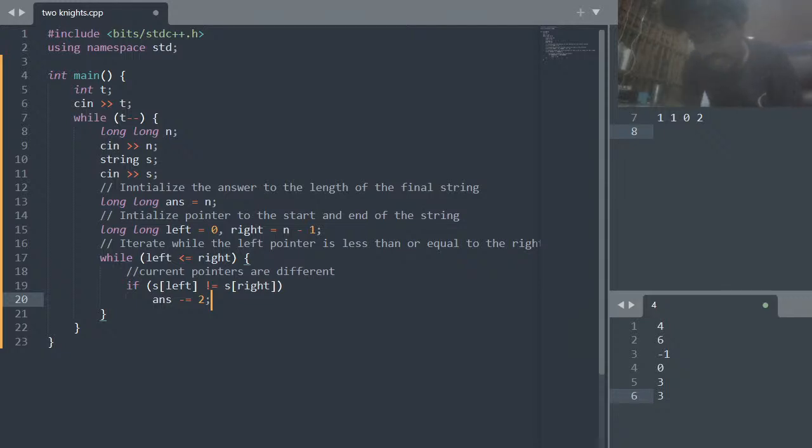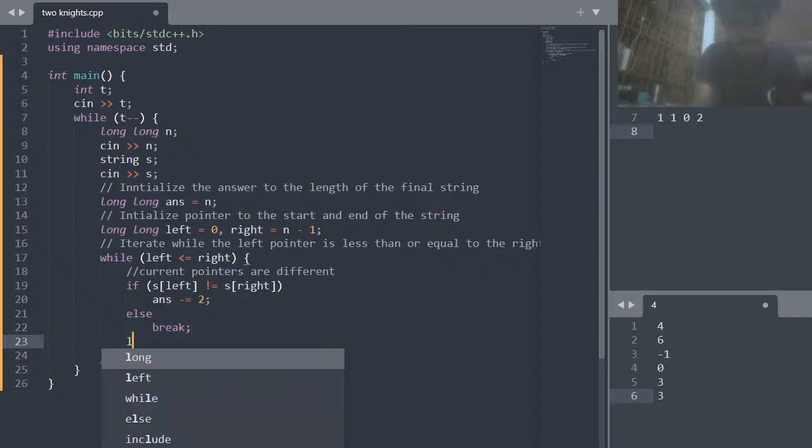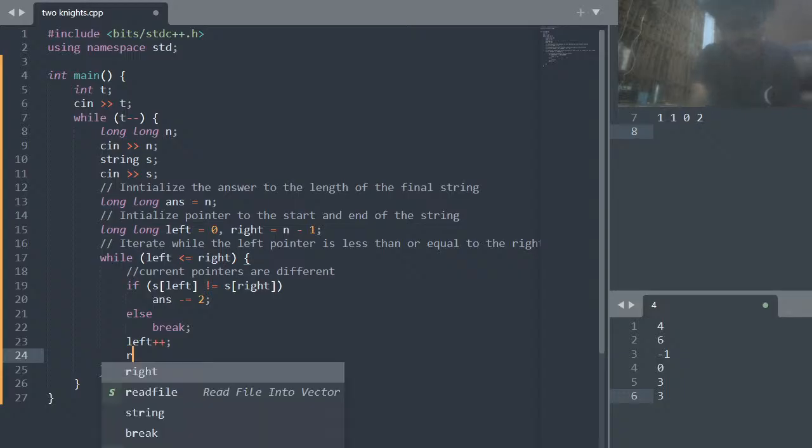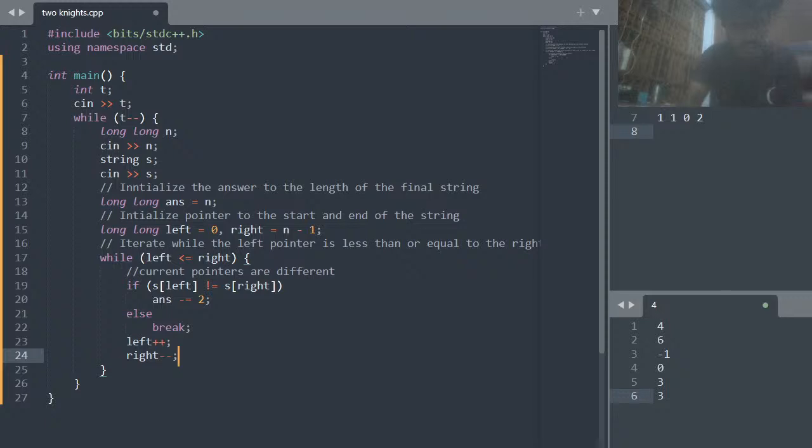Because we reduce the answer by 2 as these characters can be removed, right? Then else break, right? Break, that is, stop if the characters are the same, right? And move the left pointer to the right, right? And the